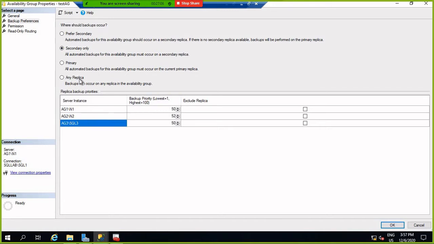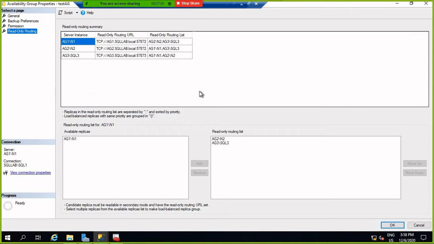And if suppose AG3 is not available, then in that case it goes to the next one. So by default it goes to the primary, or for any replica you can set the priority, and based on priority it connects.